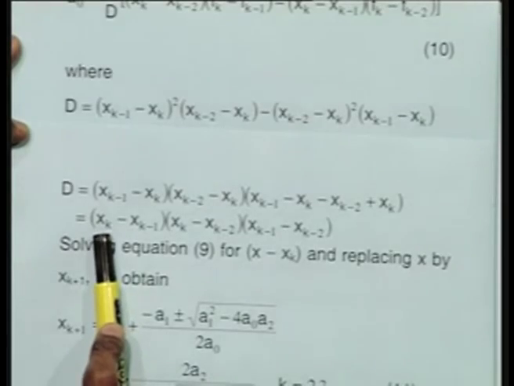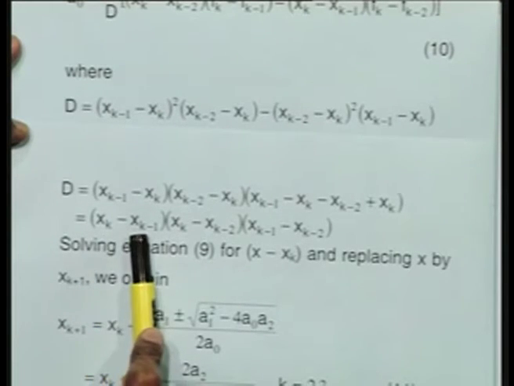You start with any approximation, either from xk or the other end. We have the 3 points, xk minus 2, xk minus 1 and xk. So the starting one is xk minus 2 and the last one is xk, any one of them we can start. So what I do is I subtract xk from the remaining 2 previous approximations, xk minus xk minus 1,